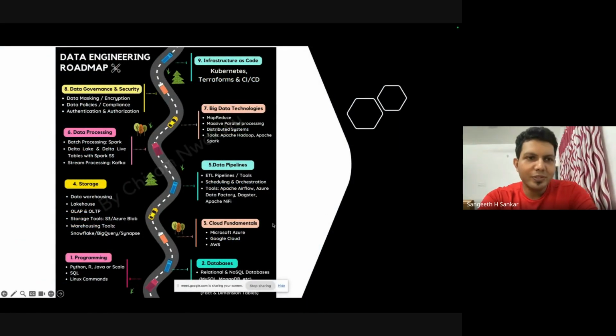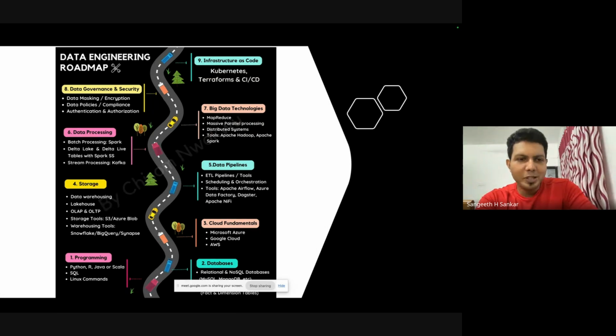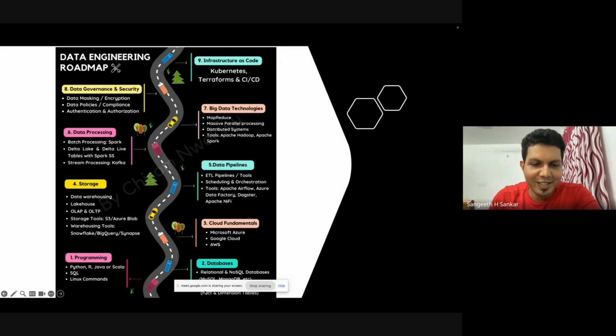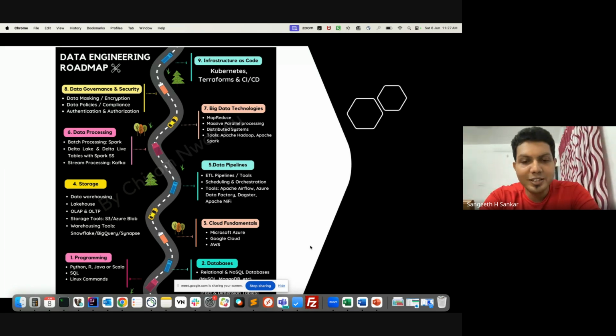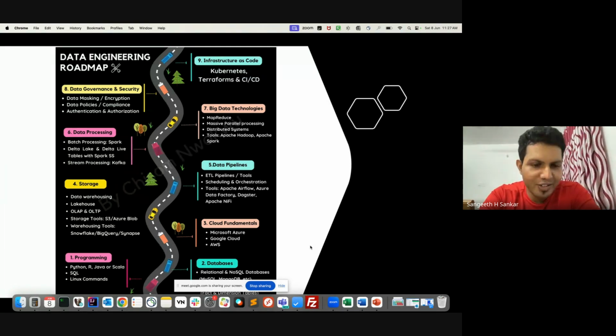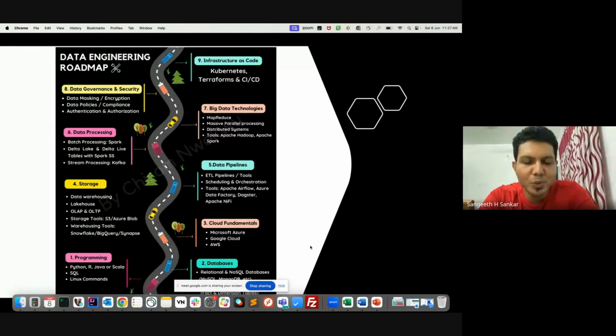Cool. So I believe this is one slide which most of you might be really interested in, the roadmap of data engineering, right? So that's why I just put it. It's a long journey. Okay. So for you to really succeed in data engineering, there are different aspects or different disciplines which you have to follow. First and foremost is